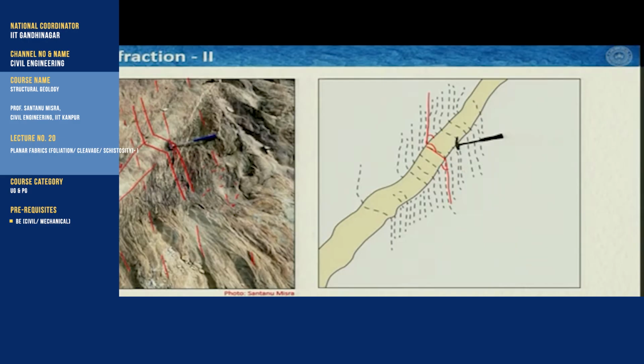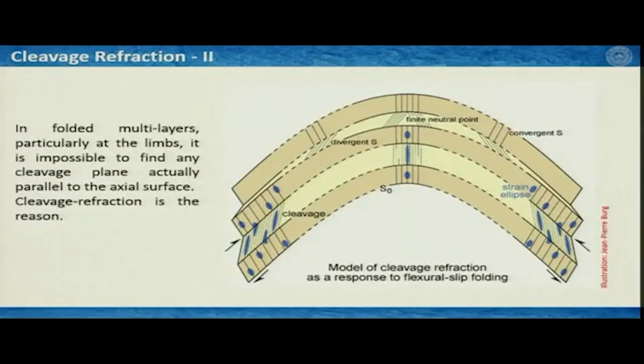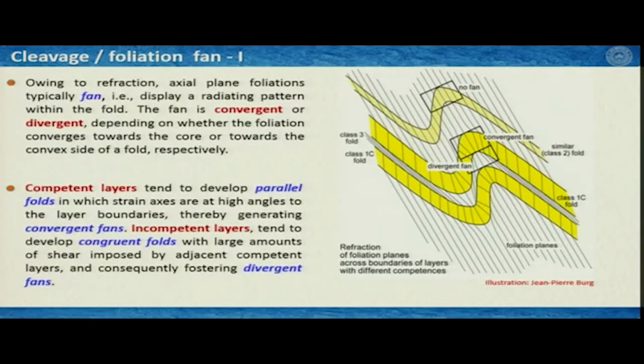Now, if this cleavage refraction happens systematically in a folded layer, then it gives a fantastic pattern which is known as cleavage fanning. Now, what happens? You see that this is the fold. So, here I would have a pattern like this, the low angles here. On the other side I would have a pattern like this. So, overall the foliations would try to diverge away from the core. On the other hand, in the competent layers they would try to converge towards the core, and this makes a fantastic wavy pattern all over the fold. Of course, you have to see the entire fold, and this is known as cleavage fanning,